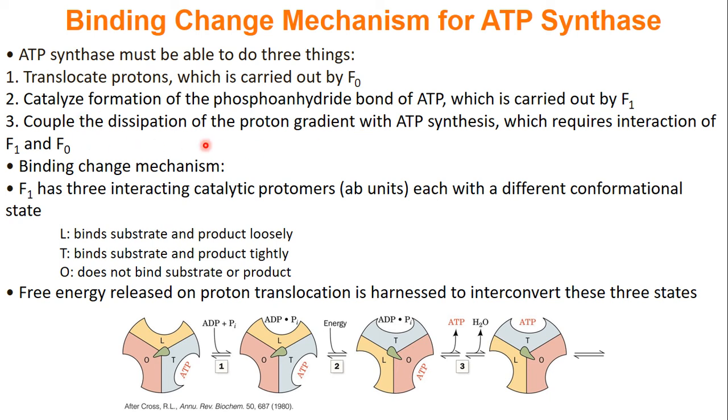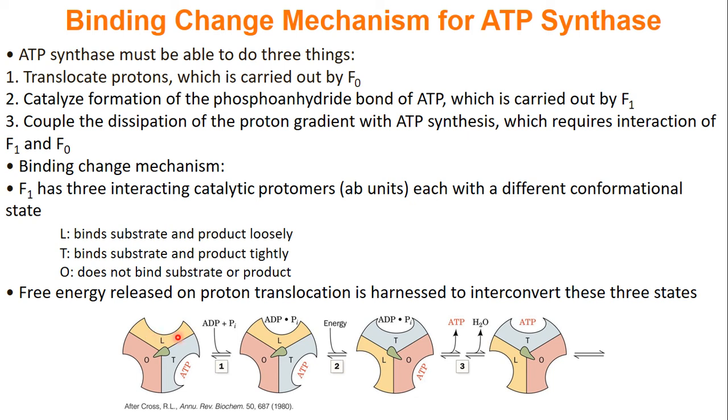Now we're going to look at our F1 segment first. And so we have three different AB units. And like I said, we have three different conformational states. L, T, and O. These are also called, like previously, DP, TP, and E. So L, T, and O will switch with each subunit. So here we're going to be getting the 1O, 1L, 1T. And during this, these alpha beta pairs, so an O is an alpha beta pair, L is an alpha beta pair, T is an alpha beta pair, these things aren't really moving. Rather, our protons in the F0 subunit, that energy is going to be used to just change the conformation of